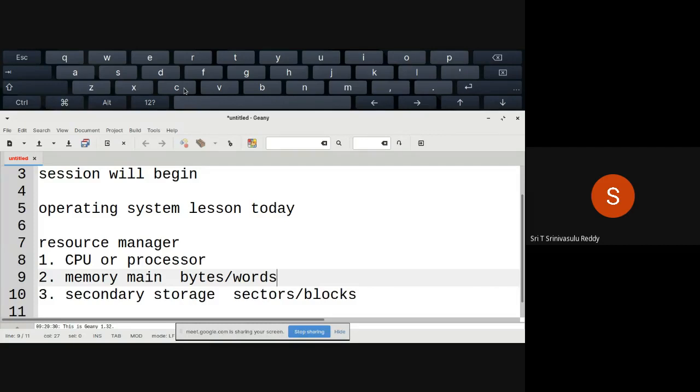Whenever you want to modify any particular byte or any particular data within a file, you cannot modify the individual byte or individual data. No doubt, ultimately only that is going to be changed. But the question is, you have to first identify the sector or the block that contains the data that requires modification. So first read that entire sector or block into the memory, and then modify that part, whatever data requires the modification. And again, you have to write that entire block or sector.